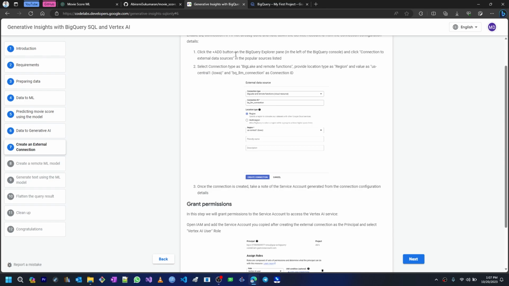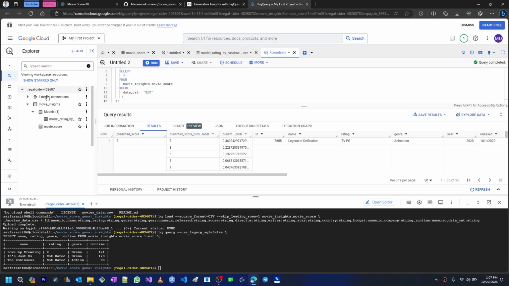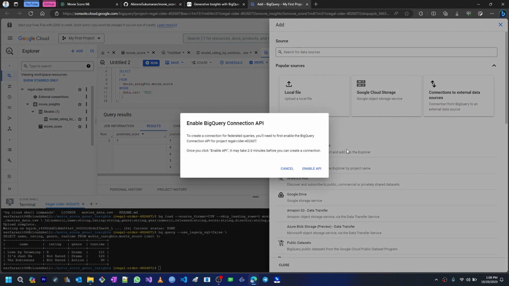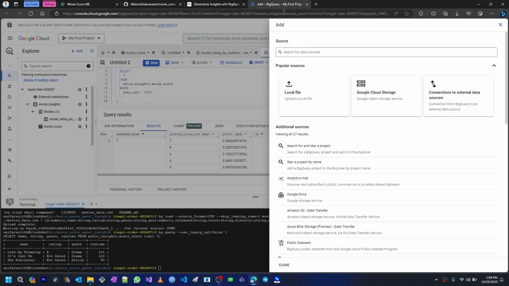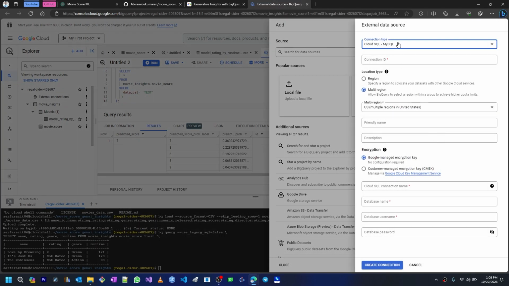Click the add button on the BigQuery Explorer pane in the left of the BigQuery console and click connection to external data sources in the popular sources list. So we have to go here. We have to click on add connections to external data sources, and we have to click enable API. Select connection type as BigLake and remote functions. We have to select BigLake